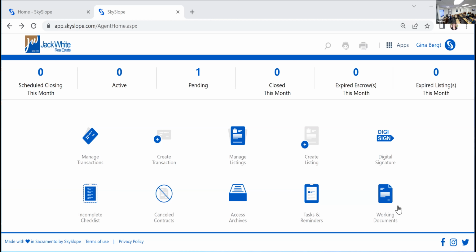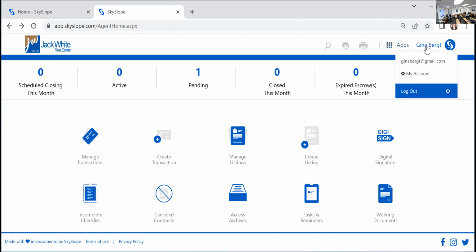In the event you forget your password, you can say forgot password and it will email a reset for your password to your email address. And if for some reason that doesn't work, you can always contact me and I can reset it for you manually. You can also go to